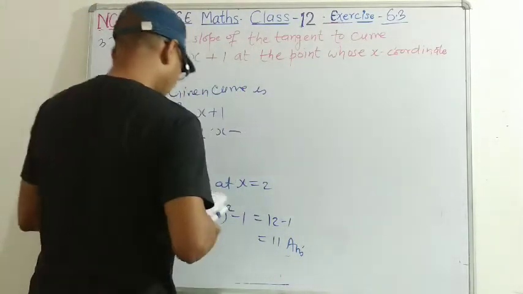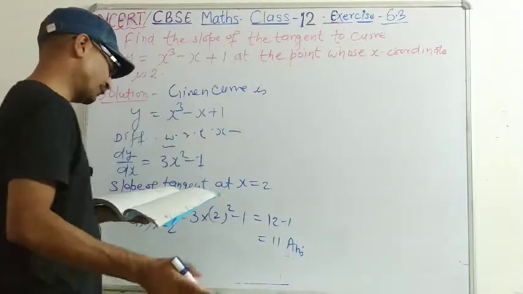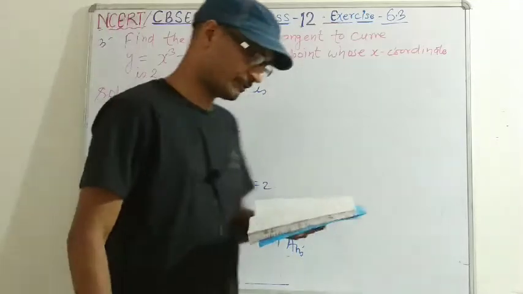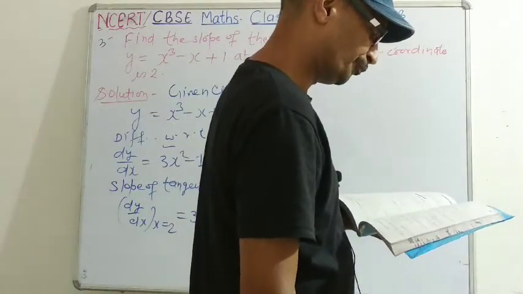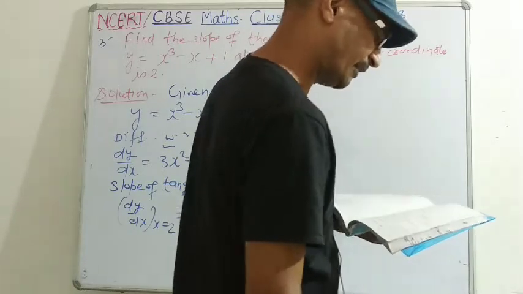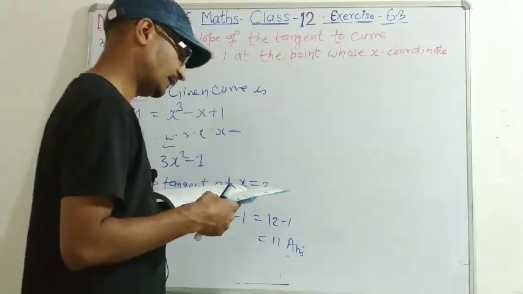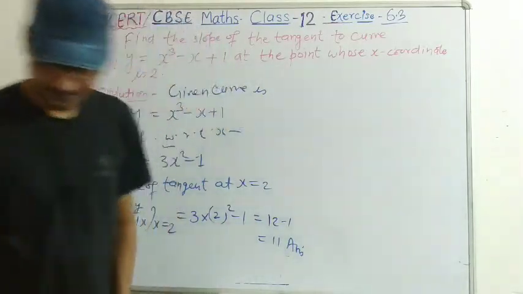And 4 also is easy. X coordinate is given 3 here, so you can do this yourself. अब हम करते हैं, दूसरे टाइप का क्वेश्चन है ये, question number 5. Here we have to find the slope of the normal, and two curves are given here, x and y. So let's see this.